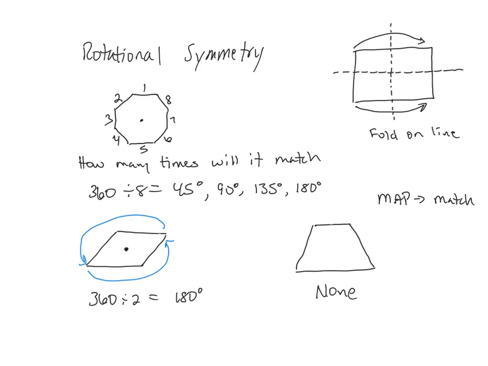Then it'll have 4 where it's kind of like a matching. It'll say select the angles of rotational symmetry for each regular polygon. Regular means everything's the same, the sides and the angles. Select all that apply. So it's the same thing: how many times will it rotate, but under 180? There could be one answer, there could be 2 answers, there could be 3 answers. It just depends on the shape. So really go back and make sure